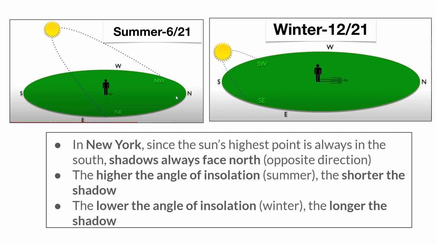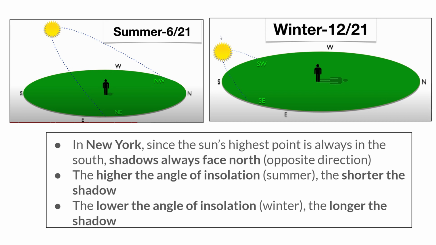So let's compare summer and winter sun's paths again in New York. So remember, in New York, the sun rises in the northeast, its highest point is in the south, and it sets in the northwest in the summertime. And in the wintertime, it rises in the southeast, the highest point is in the south, and it sets in the southwest. So notice that when the sun is highest in the sky in both seasons, and every season in New York, it's towards